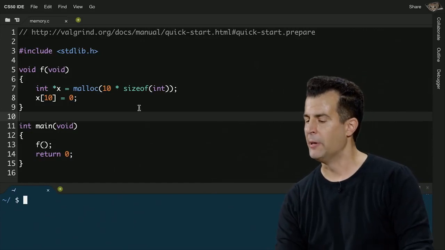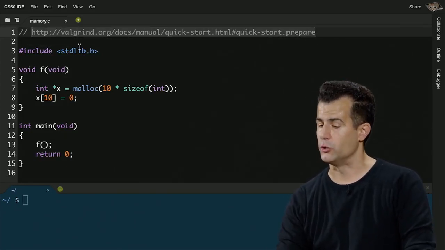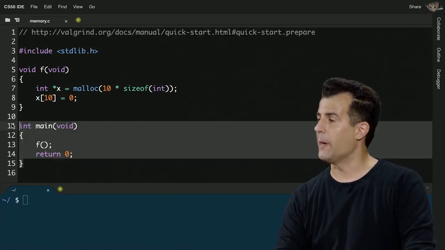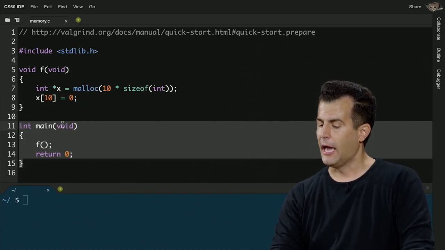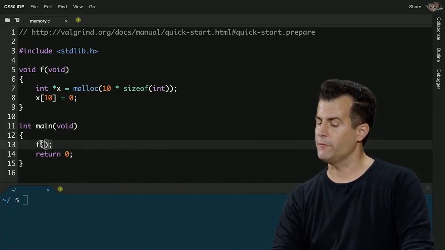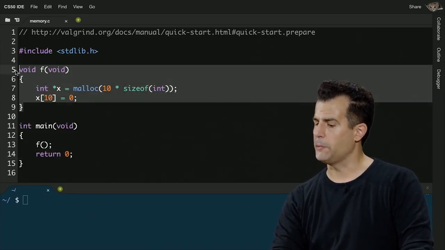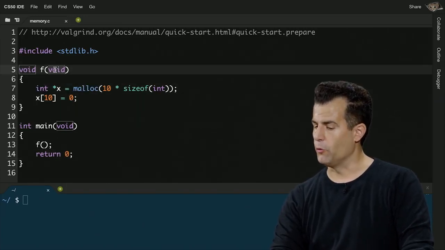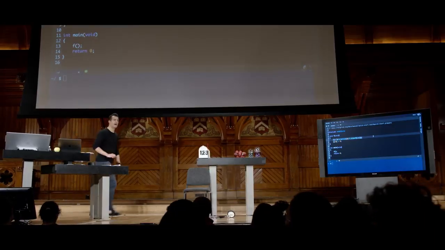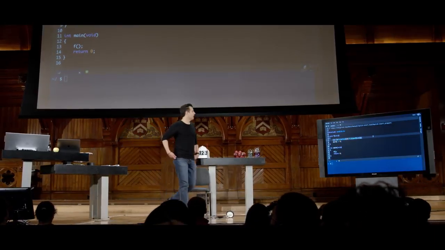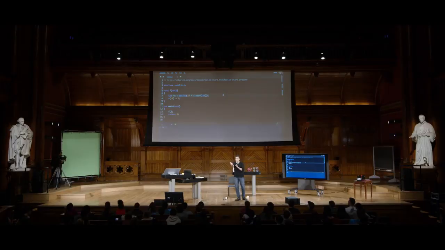So here's a program, and it's copied from this online manual for Valgrind, the tool I just used. So let's see what's going on. Here I have main at the bottom of my code. I copied it. I didn't use a prototype. I just copied what they did. And you see here it calls a function called f and then returns 0. Well, what does f do? F is this random function up here that takes no inputs per the void. And in English, how would you describe what's happening in line 7 now that we've introduced malloc and stars or pointers? What's this doing? Yeah.